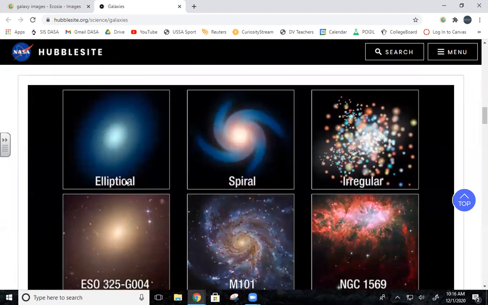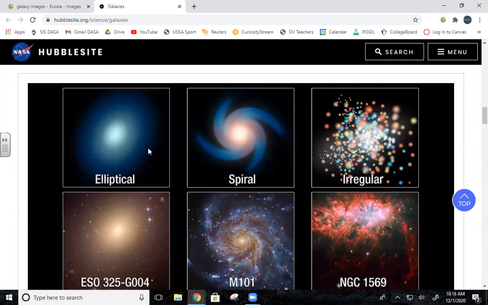Elliptical are essentially just like... Are they tightly compact galaxies? Yeah, I mean, all the galaxies are relatively compact, but what an elliptical galaxy is, it's essentially just kind of this loosely bound... Yeah, it's kind of like an Oort cloud of stars. It's just a lot of stars all kind of in a somewhat orderly manner, right?